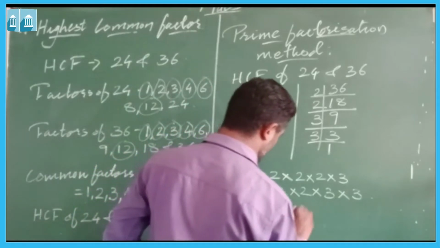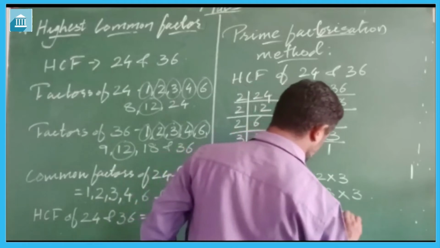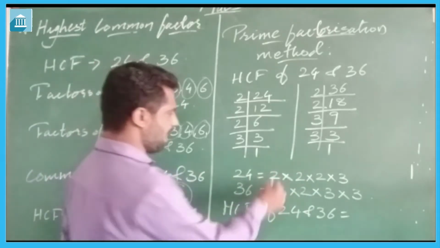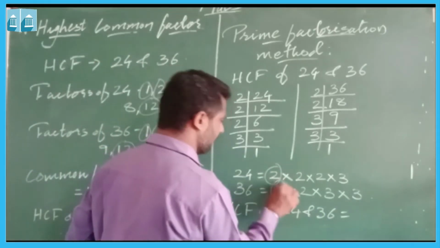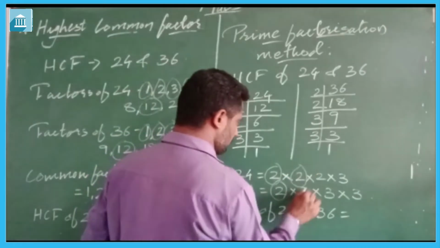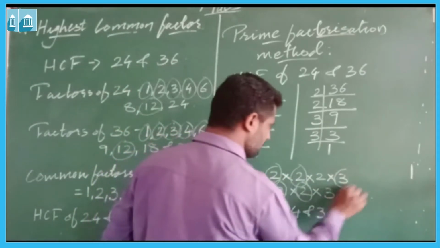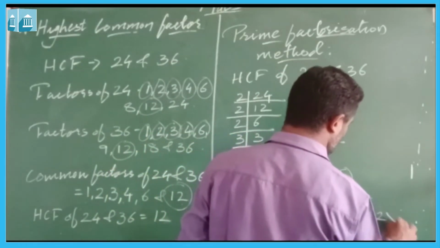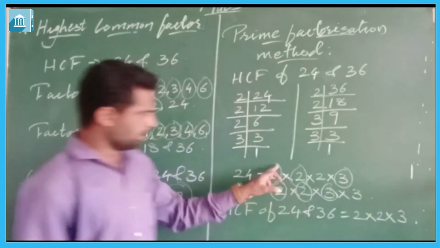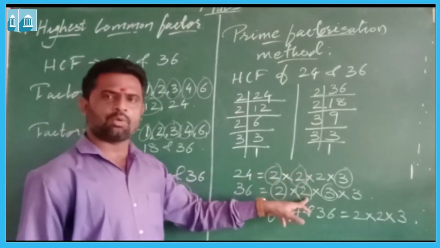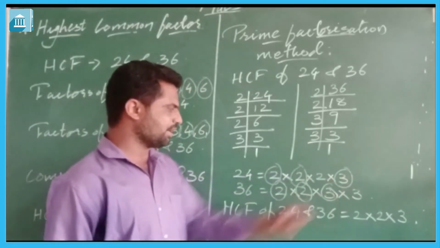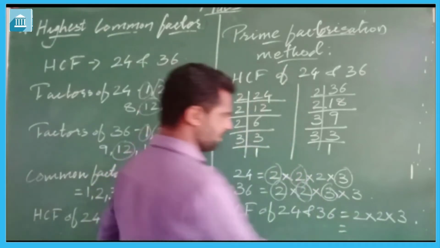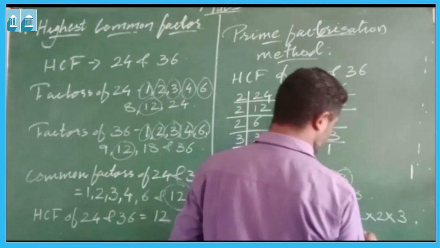HCF of 24 and 36 is equal to, now when we have to find out the HCF of 24 and 36, we have to see the common numbers here. 2 is common, this 2 is common, and 3 is common. So it will be 2 into 2 into 3. This 2 is in both, this 2 is again in both, and 3 is again in both. So the HCF of 24 and 36 is equal to 2 into 2, 4, 4 into 3,